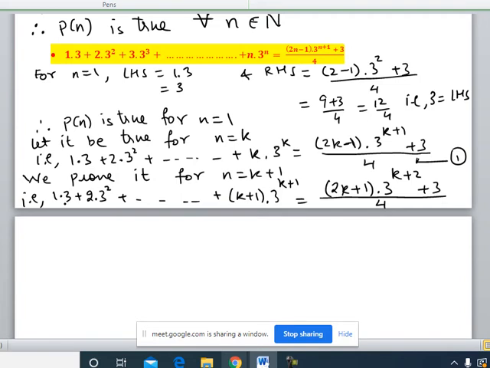So what are we going to prove? We will prove 1 into 3 plus 2 into square of 3, and so on till k plus 1 into 3 to the power k plus 1. We have replaced n by k plus 1. So the sum of these terms should be equal to this. Let us see how it is obtained. If I replace this n by k plus 1, then that k plus 1 will multiply with 2, so you will get 2k plus 2, and then there is minus 1 also. So 2 minus 1 will become plus 1. So this part will become 2k plus 1 into 3 with the exponent k plus 1 plus 1, that makes it k plus 2, and then plus 3, whole divided by 4.